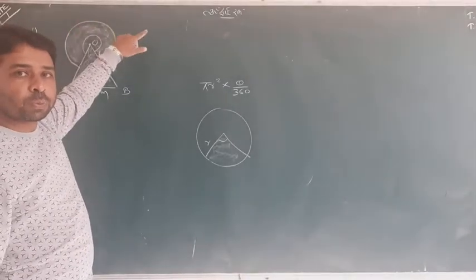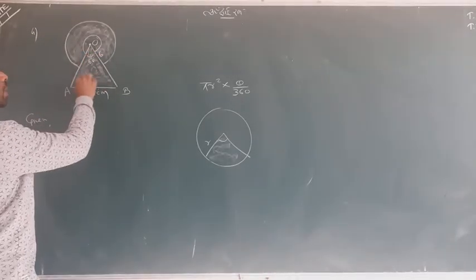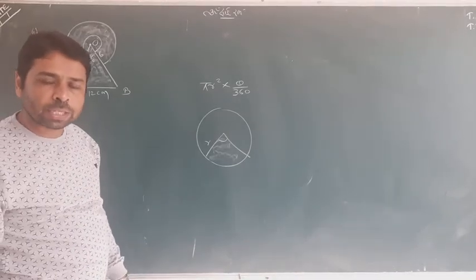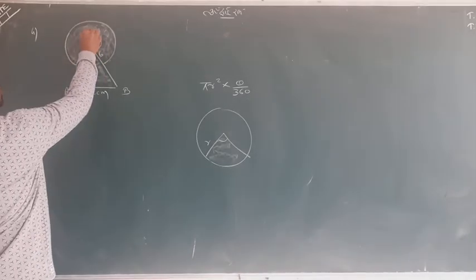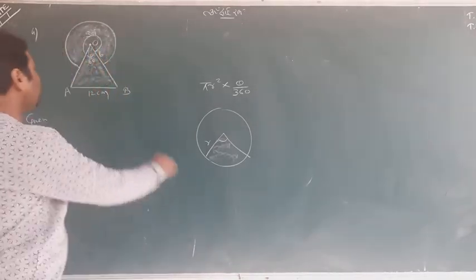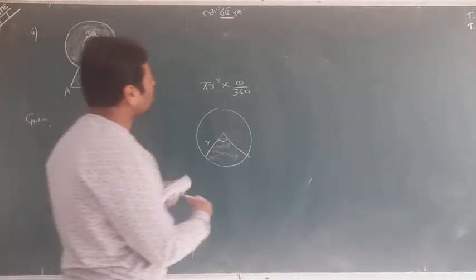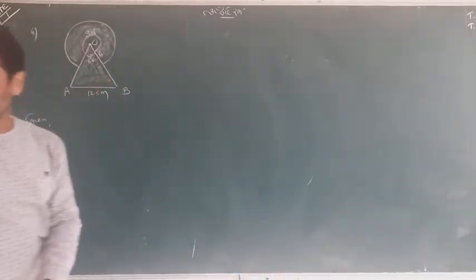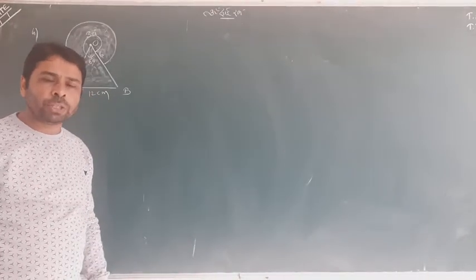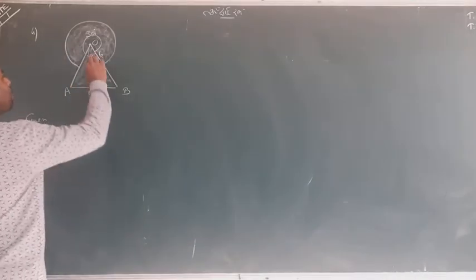It's a major sector. One can predict very easily that this angle is 60 degrees. It is an equilateral triangle, and we know that all angles of an equilateral triangle are always 60. So if it is 60, the major sector angle is 300. It is 300, and that was important. And the radius of the sector, 6, is already given. So all this will help us do the question. So I will make some foundation here by writing the structure.